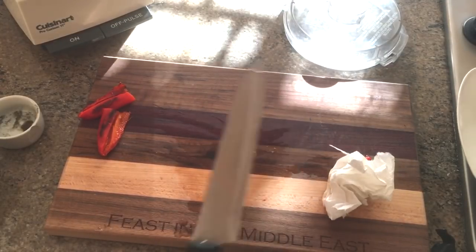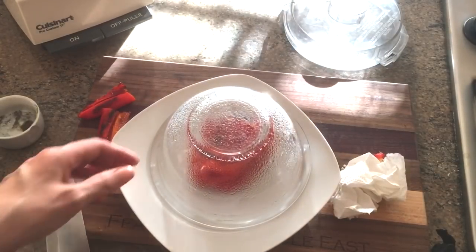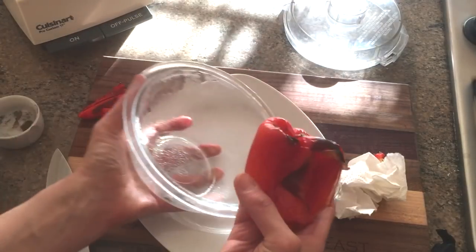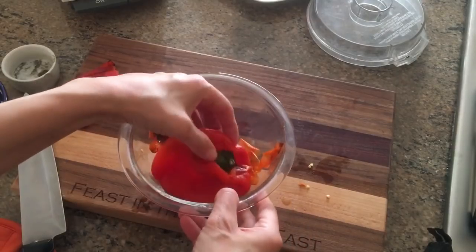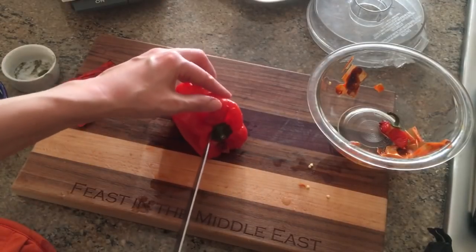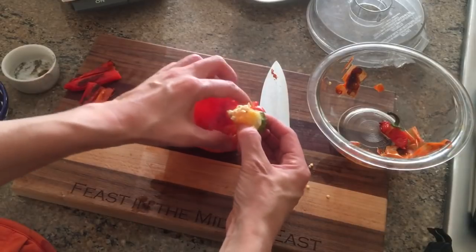that I've been letting steam inside this glass. This is not an entirely unmessy process, but look at it, the skin's already coming off. Make sure it's cooled completely so you don't burn your fingers. Okay, I'm taking off the last of the skin here, and I'm gonna do the same thing I did with the small red peppers. Basically just pull off the top like this,